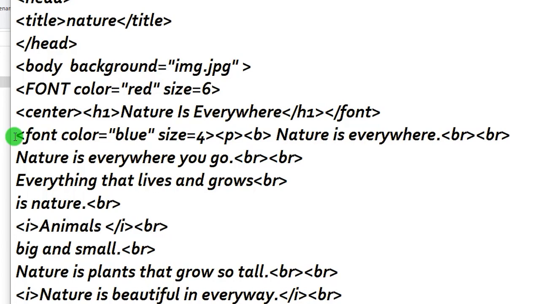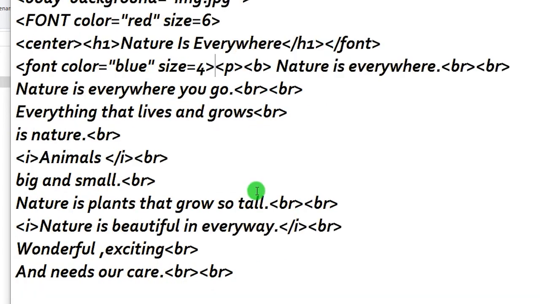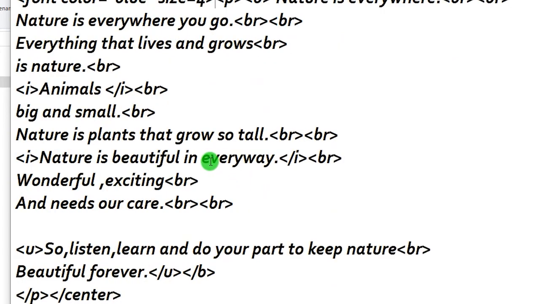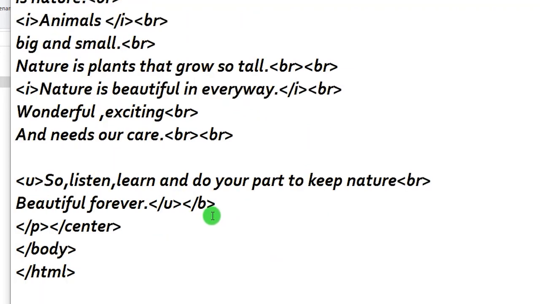Put the angle brackets. Now I want this for the entire poem. For the heading of the poem I've chosen the red color. For the entire remaining poem I choose the blue color. So wherever my poem is going to end, I will be ending the font tag. My poem is ending here, so I'm going to end the font tag here. I just write /font.